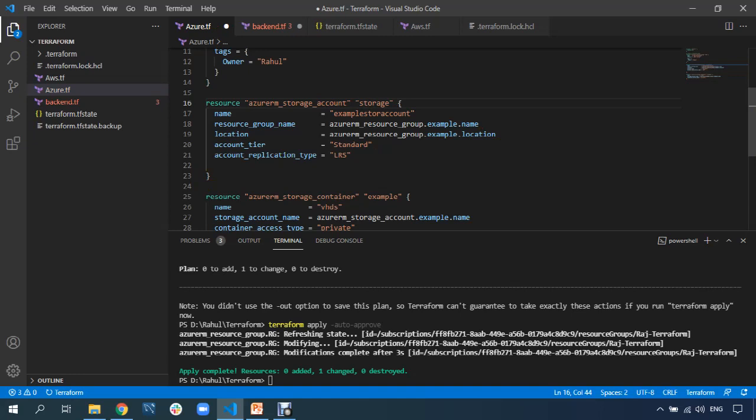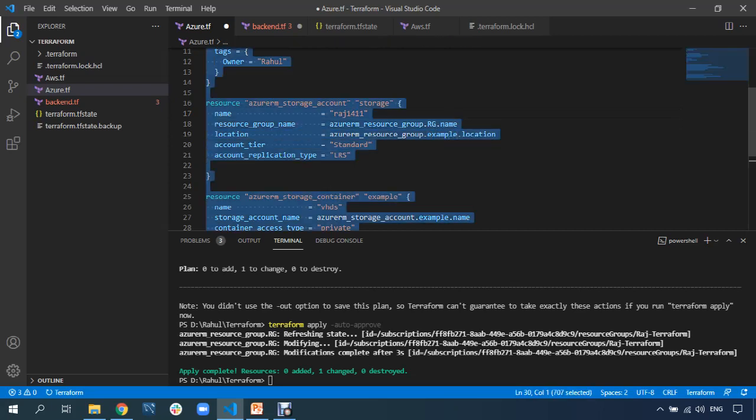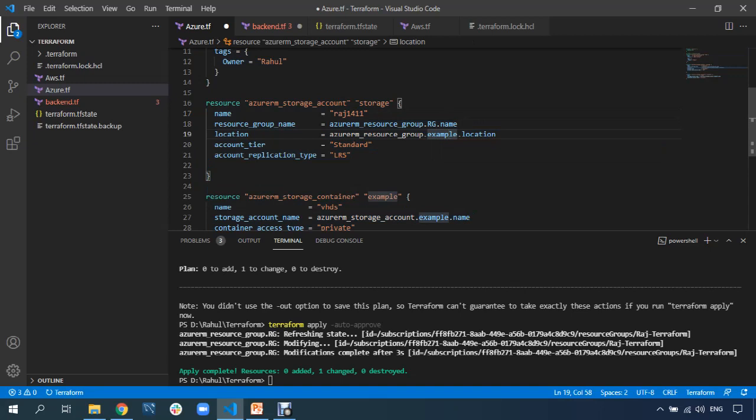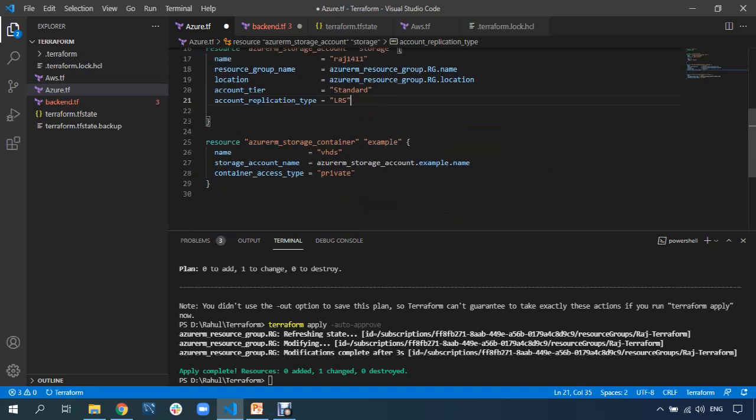Storage is the local name, and the name of the storage account I'll put as Raj1411, because this name should be unique. The storage name should be unique. I think you know that. Location rg.name, rg.location, standard and LRS. Great.